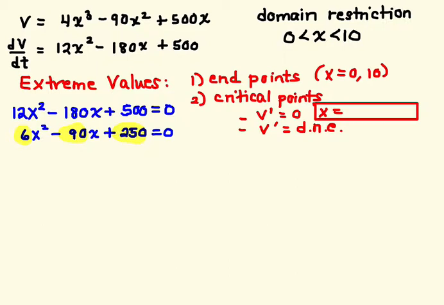So another way to find it would be the quadratic formula, okay? But you all know the quadratic formula, right? Negative b plus or minus the square root of b squared minus 4ac over 2a. I know you have it all memorized. So we don't really need to use that. We can just use our calculator. And I get x is equal to 11.3